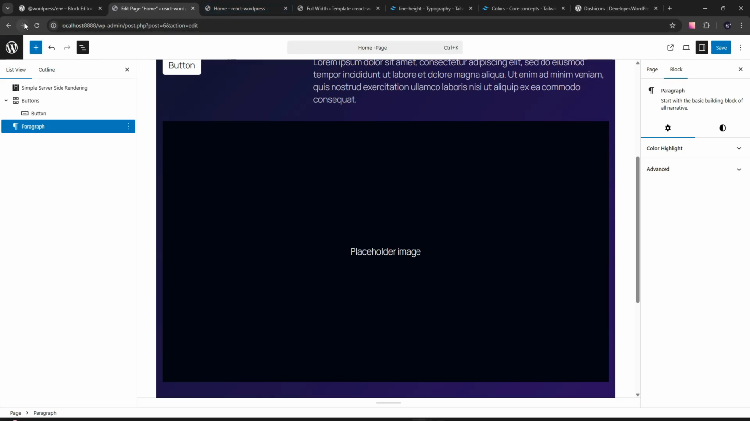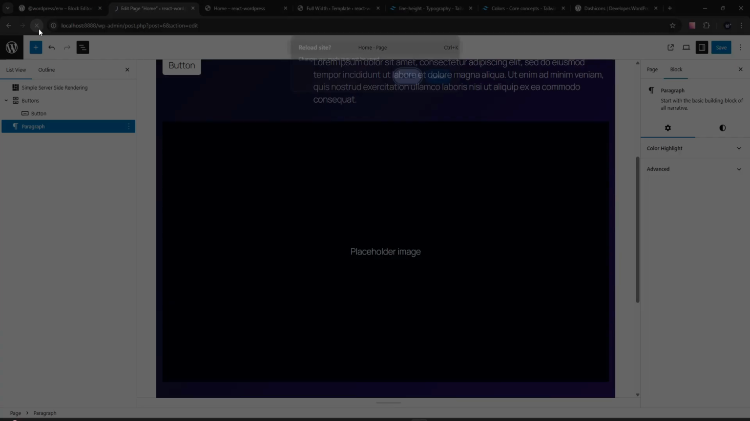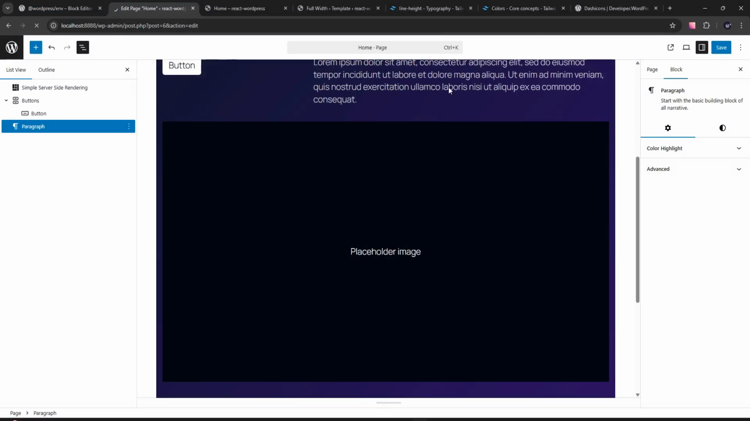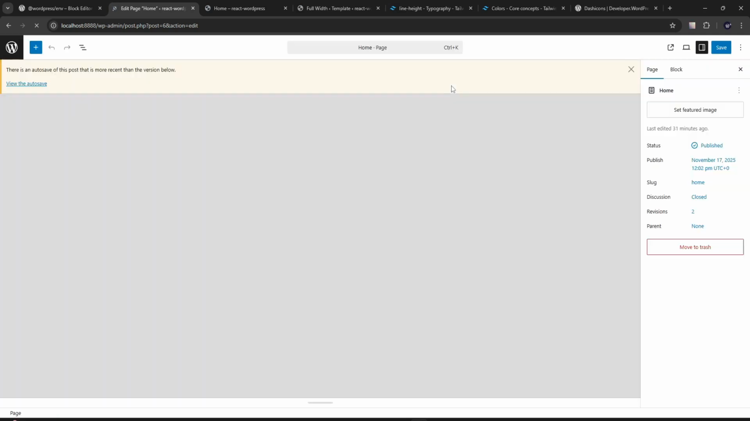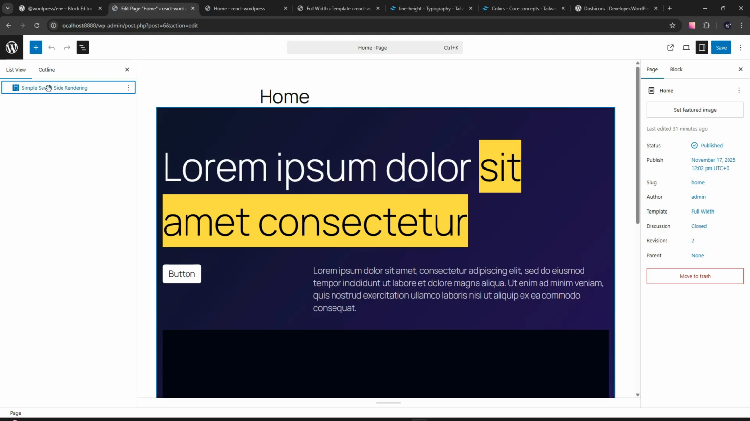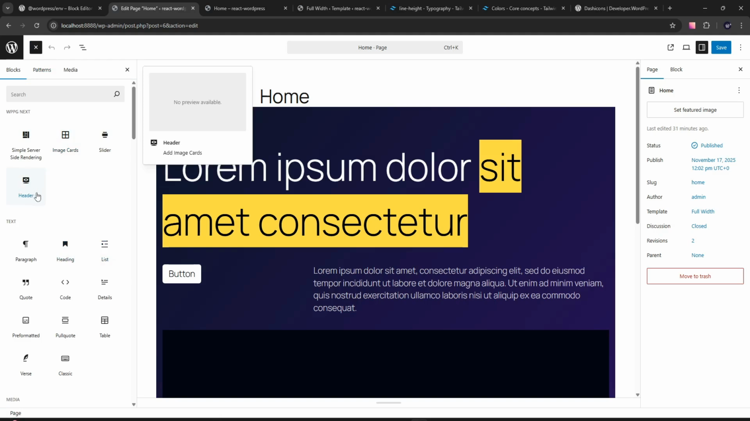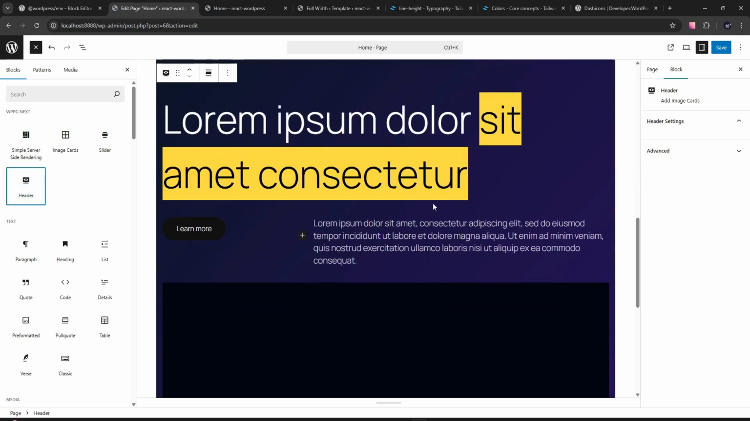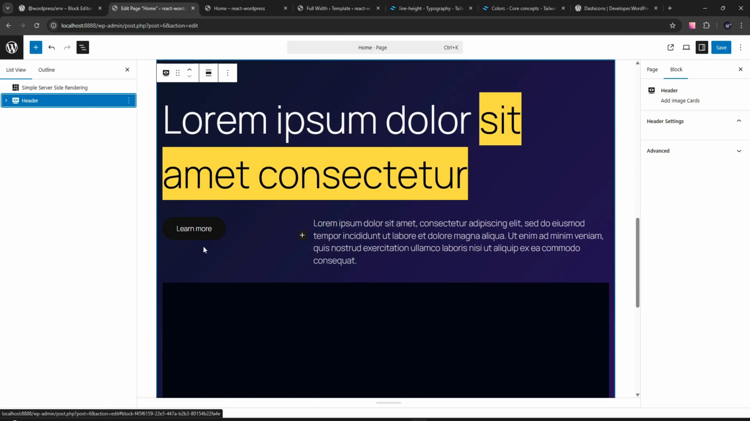Let's go to our admin panel. Let's refresh the page. And what we have now, we can click the plus button, and here we can find the header Gutenberg block. Let's click it, and what we have, yes, we have our Gutenberg block, and now all the elements are from the